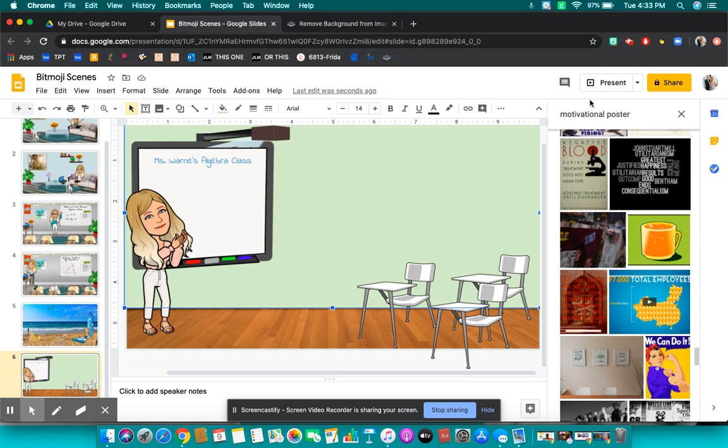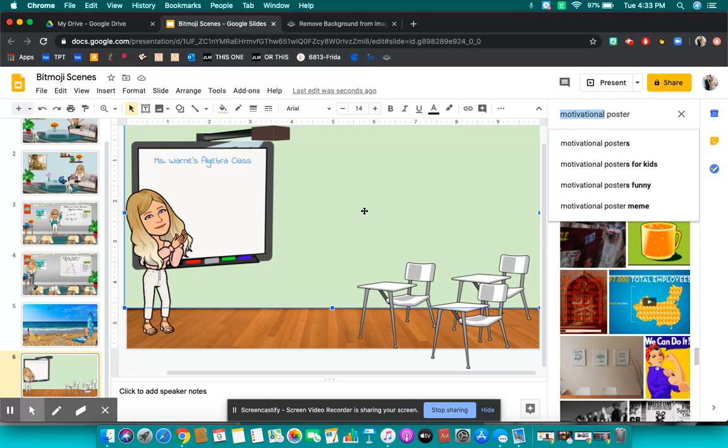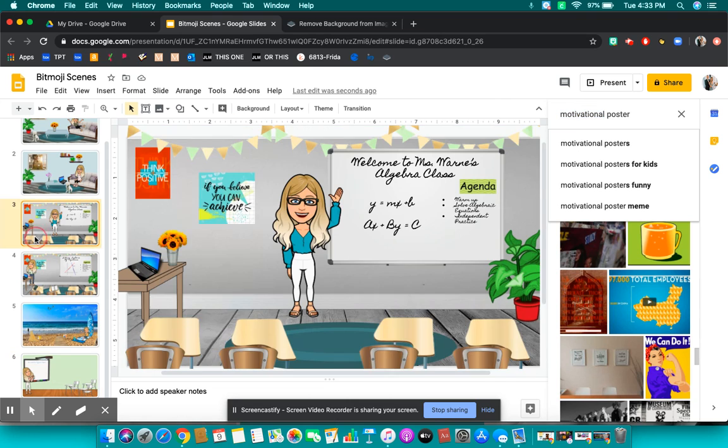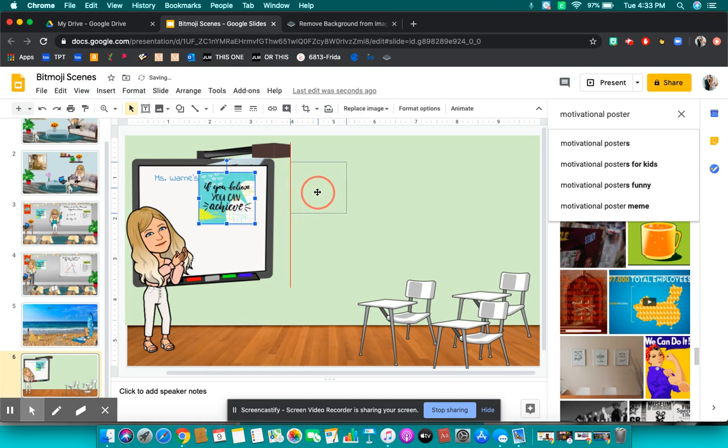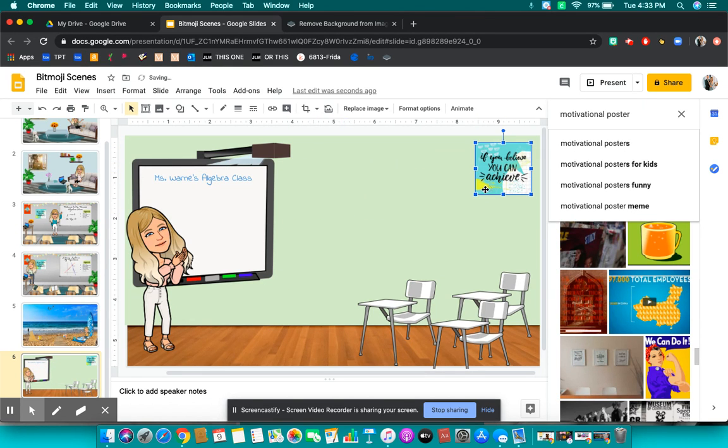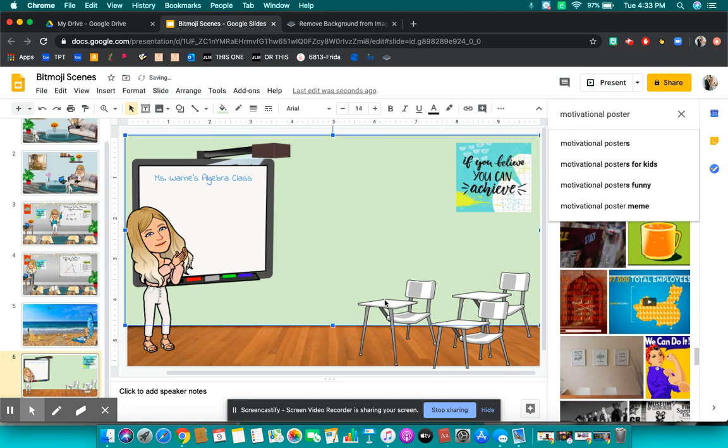So again, something you want to change up your wording, etc. And if you had something that you even liked before, see, now I want my, if you believe you can achieve, I can just go back and hit Command C to copy. And guess what? Now I can just Command V and put it on my wall here. I'm going to make it a little bit bigger on this wall. It's one of my favorites, of course. Okay, so if you believe you can achieve,